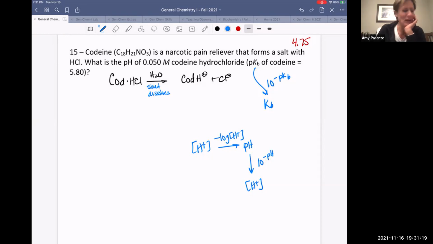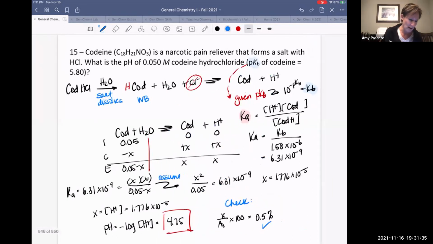Yay! Awesome. Okay, so for people who are watching the video and need to see or hear an explanation for it, I am going to go through it a little more slowly to walk through the solution. There's a lot on the slide, so I'm just going to take it one step at a time. First piece is recognizing that this codeine HCl is a salt that dissolves in water to generate, oh, no, this is wrong. This is a weak acid. So let me fix that. There we go. So it generates this protonated codeine molecule, which is a weak acid, plus water, and then chloride we know is going to be a